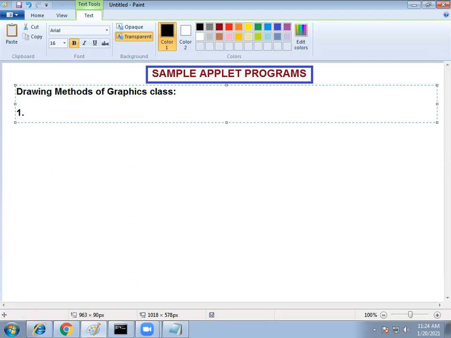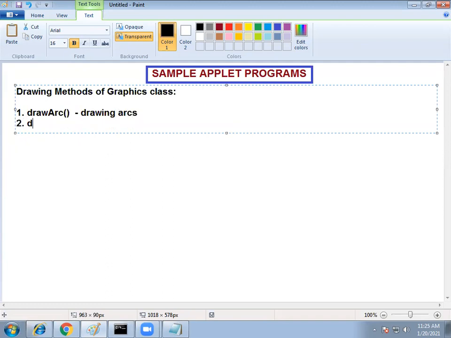So the first one is drawArc. Now this is for drawing arcs, the name itself tells us. The next method is drawLine, which is used to draw straight lines.